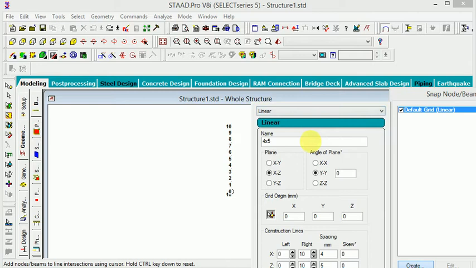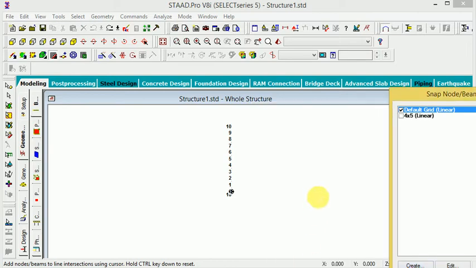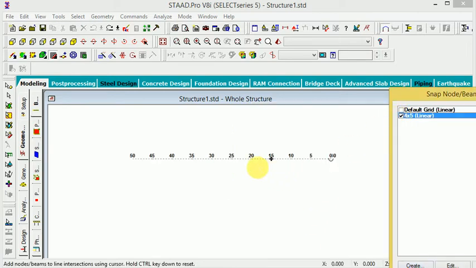It is called linear, and OK. So now click this here, and this is called make the linear pattern X and Z direction.